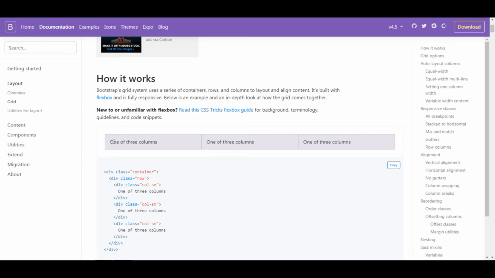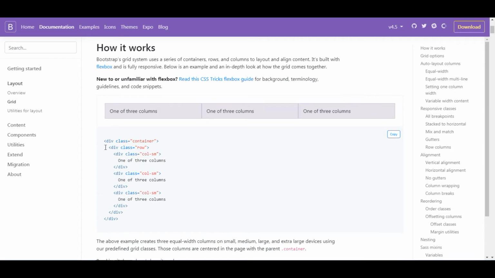For example, this is a box. You can see one box here. We want three separations: one column here, one column here, one column here. So we have three columns separated within one row. You can see here we are creating a row, and we are creating three divs inside the main div, which we have given the class row. So we can separate it into three columns: one column, two column, three column.